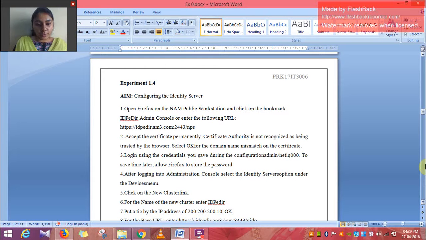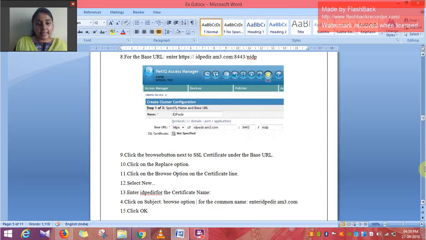Fourth is configuring the identity server. We need to open Firefox on the public workstation, and then go to the IDP directory admin console, and give a URL, and then we can click on the new cluster link, and then we need to give an IP address. There will be a checkbox, we need to tick it, and then click the browse button next to the SSL certificate under the base URL. We can click the replace option, and also click the browse option on the certificate line, and then select new, and give a common name for it and click OK,